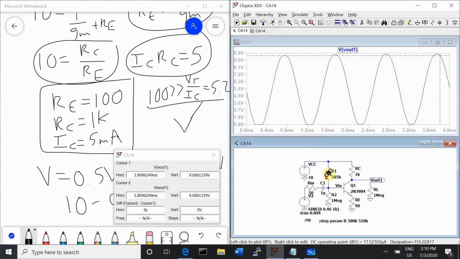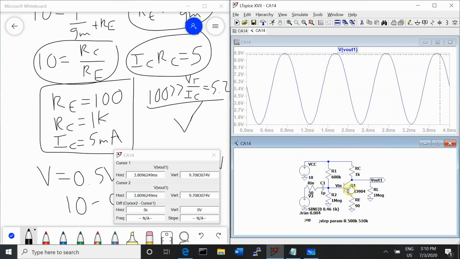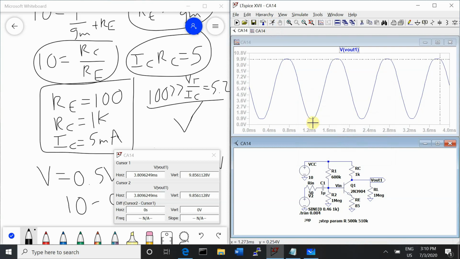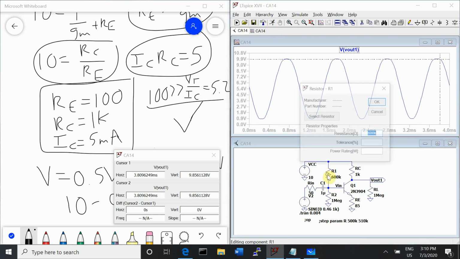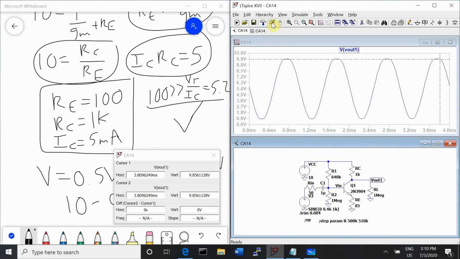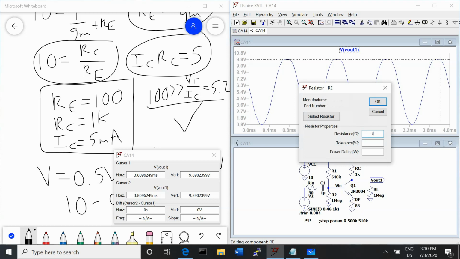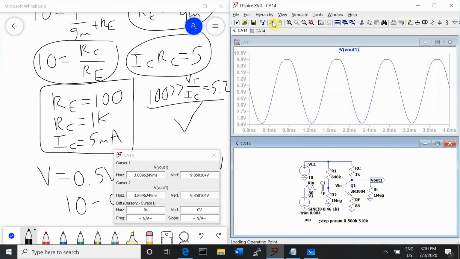So now we want to raise our DC bias point so that we're not clipping on the bottom anymore, and we can do that either by increasing R1 or decreasing R2. So we'll increase R1. That'll allow us to increase our gain by decreasing RE a little more. And now we're clipping on the bottom again. Looks like we might be clipping on the top a little bit now. So we'll just increase RE a little again. Or we could have decreased R1 a little. There's a few different ways